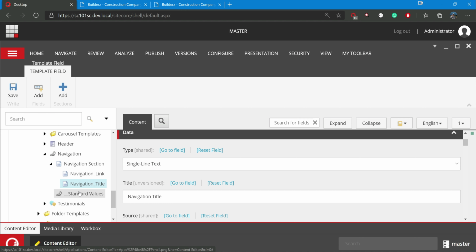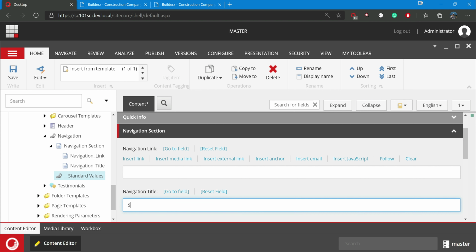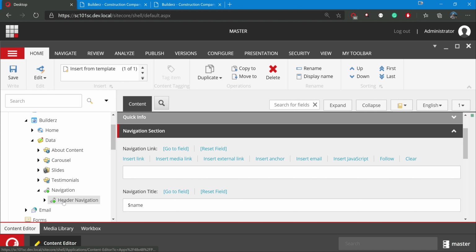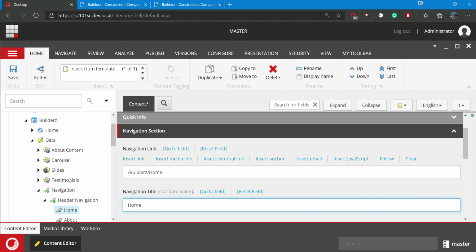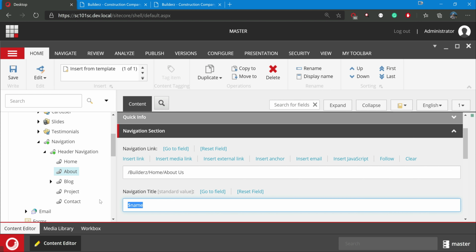Also let me give you the standard values, navigation title. So this is fine, and I'm going to go to the header navigation, but obviously this would be the dollar token. I want to replace it. Remember, tokens only get replaced on item creation, but if you add it after item creation, then it will not get added.